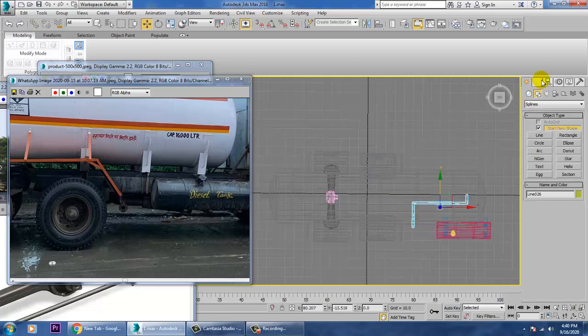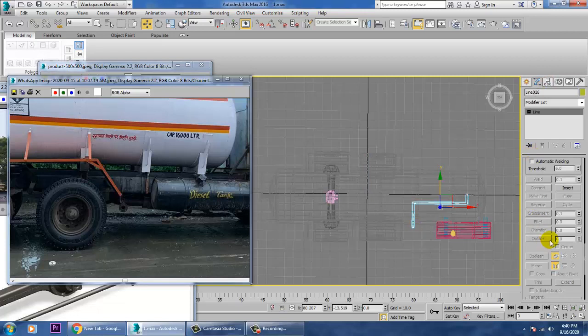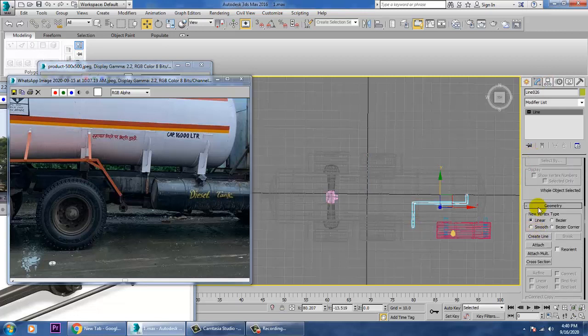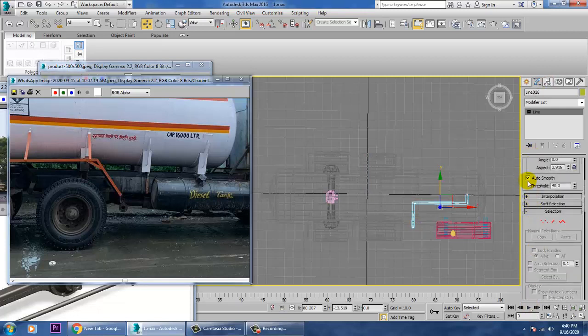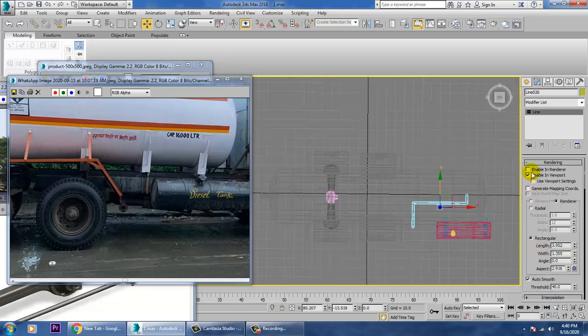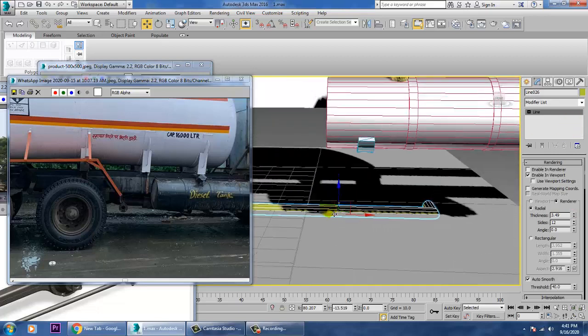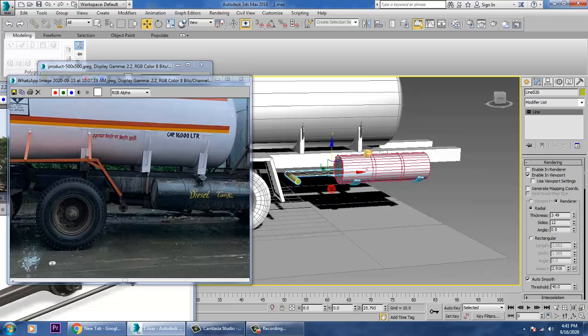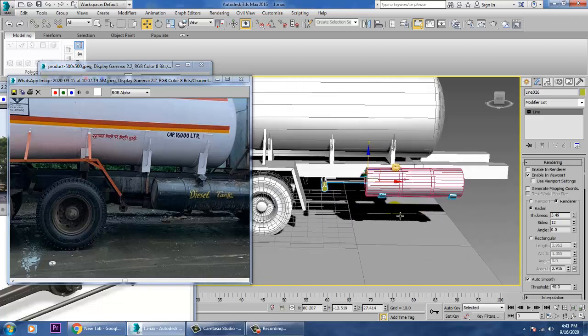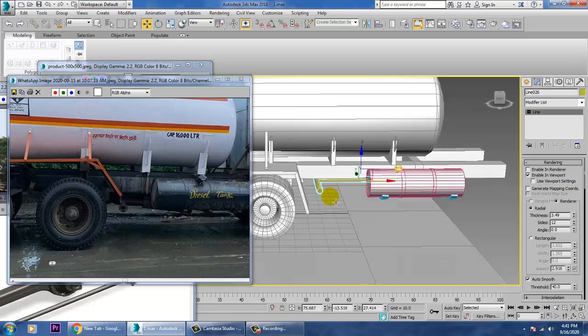So let's go into this over here and let's make this as a radial over here and increase its thickness. Definitely how it will come out, we'll just check it at that part. Will come out from here.